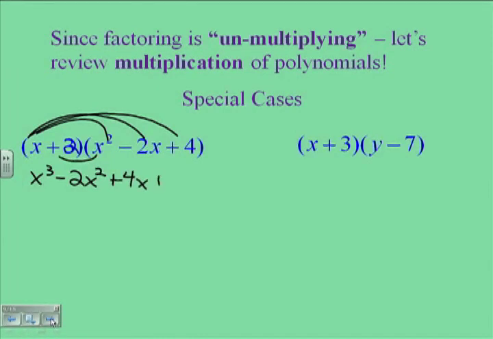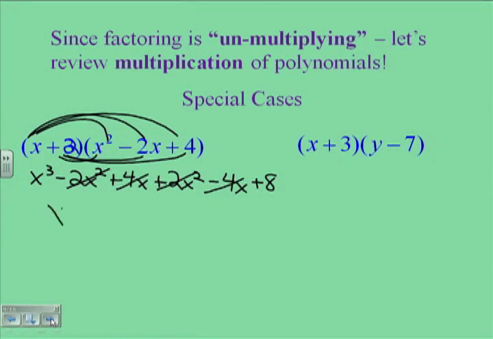Then I have a plus 2x squared, a minus 4x, and a plus 8. Okay? And when I combine like terms, I have 2 pairs there that drop out, and I get x cubed